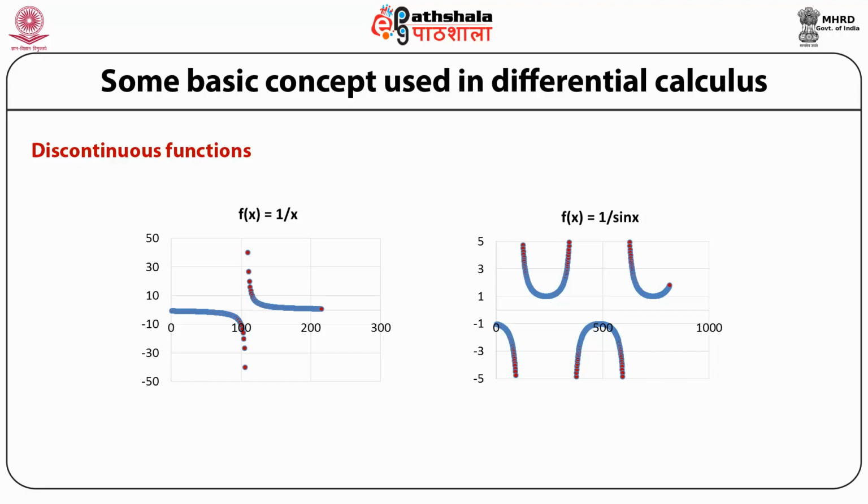Now the second figure, 1 over sin x, again is a discontinuous function. Between every u and an inverted u, inside that u it's continuous. So if you define 1 over x within that interval, that means a closed interval, then it's fine. But if you just say 1 over x or 1 over sin x for the entire span, then it becomes a discontinuous function.